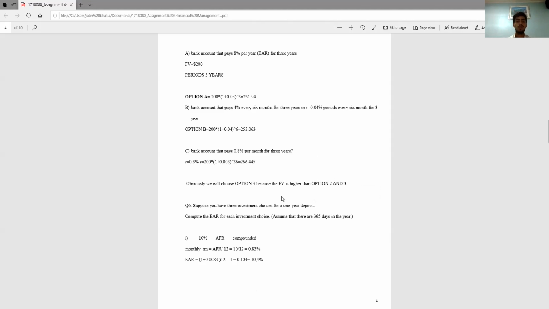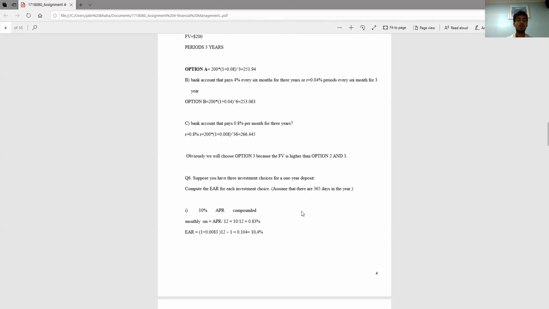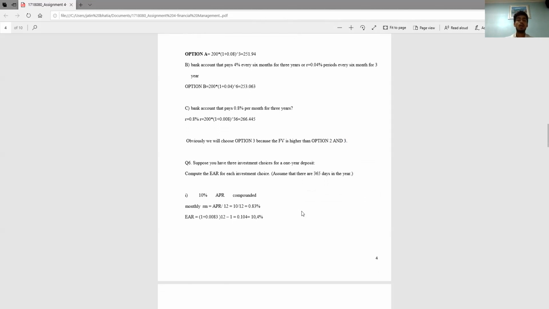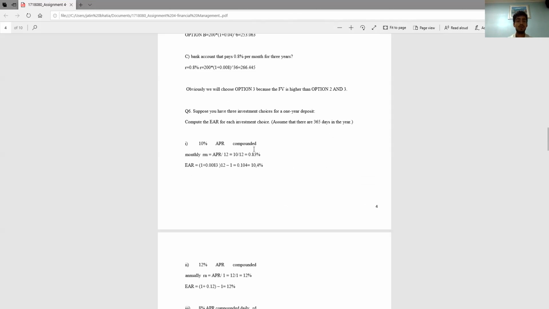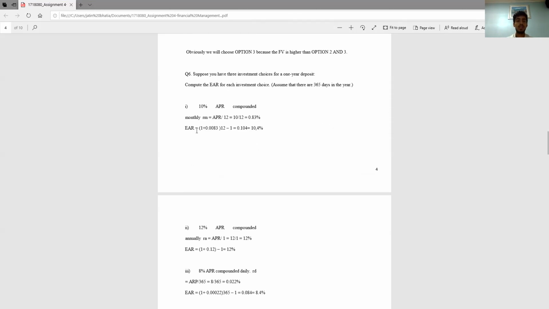Suppose you have three investment choices for a 1 year deposit. Compute the EAR for each investment. Assume that there are 365 days in the year. First is 10% APR compounded monthly. The EAR is 1 plus 0.10 divided by 12, to the power 12, minus 1, which is 0.104,